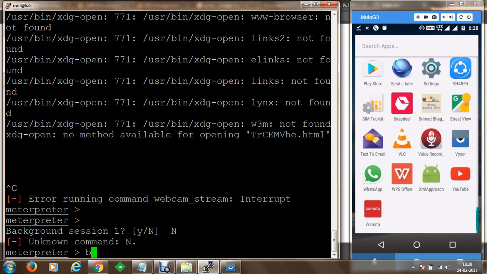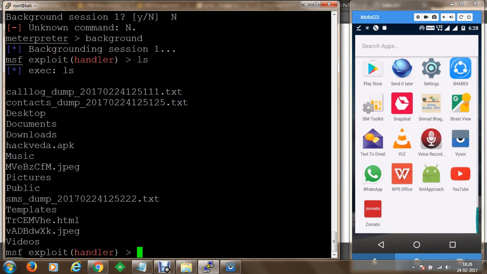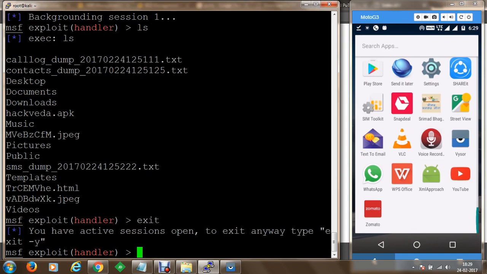So now we are going to make use of background, and in the background if we execute ls, you can see that this is the JPG file which has been taken. Let's come out of our console here at the moment.